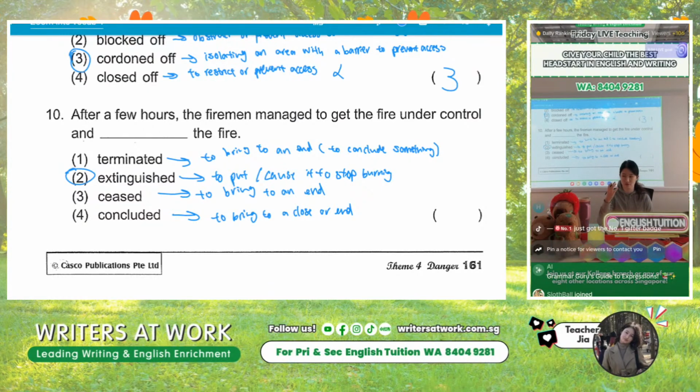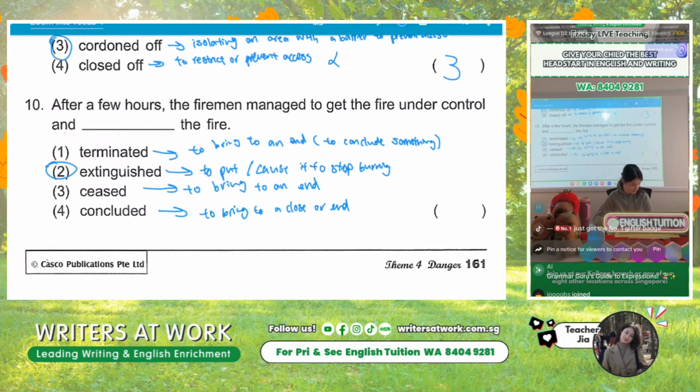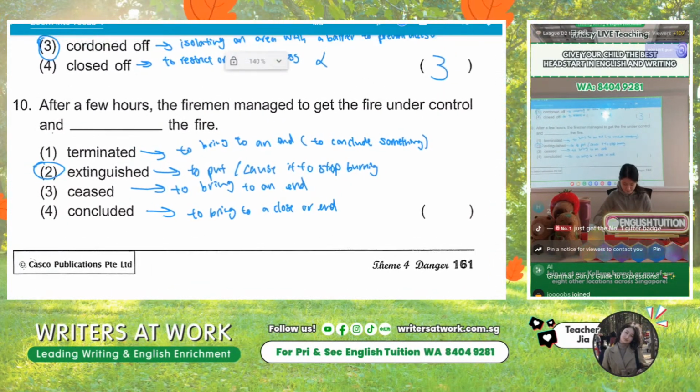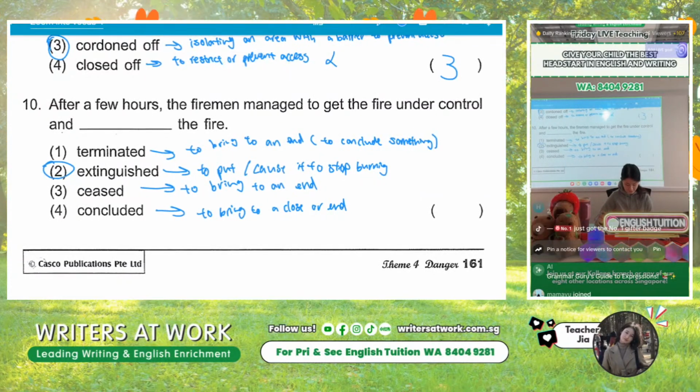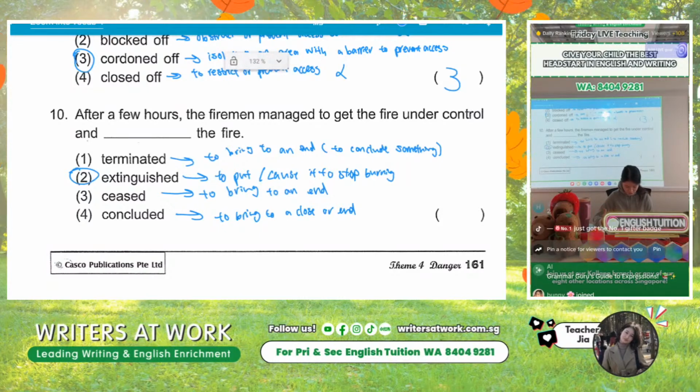I know sometimes students like to joke and say, oh, all 4 are the answer. Okay, that is not possible in this kind of question. You won't have a question where all 4 of them are the answer, unless you have a question that says all of the above, but in English you really won't have that. Okay, terminated. Now let's go one by one.